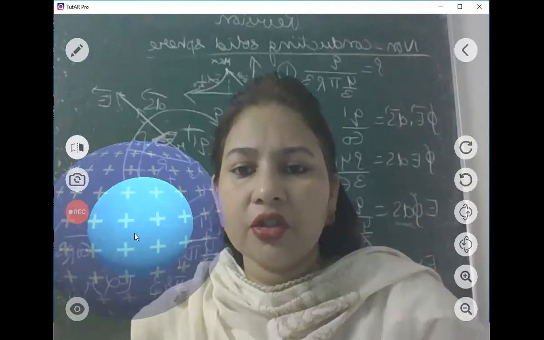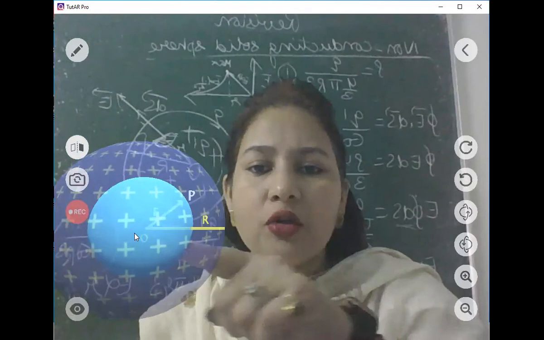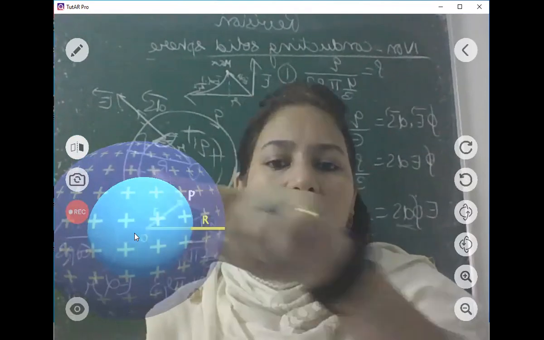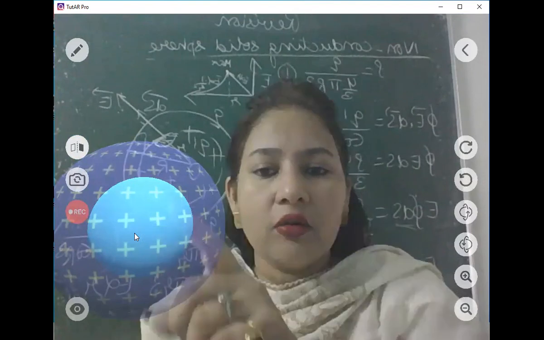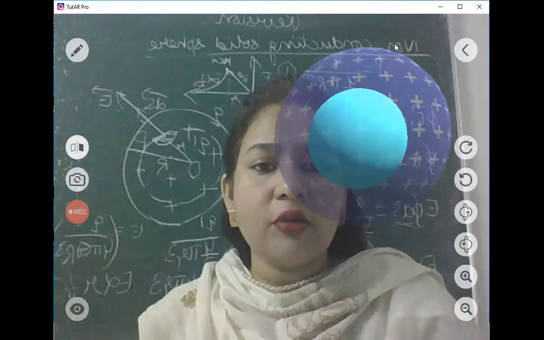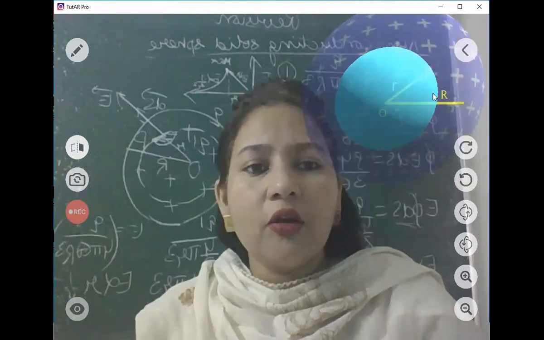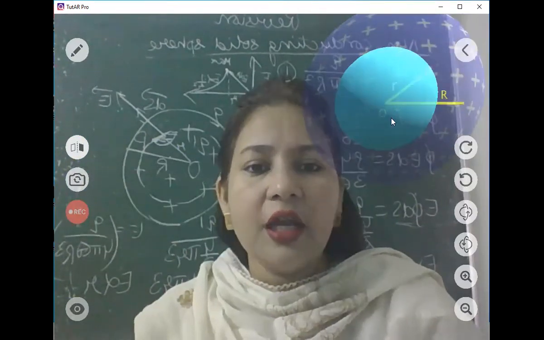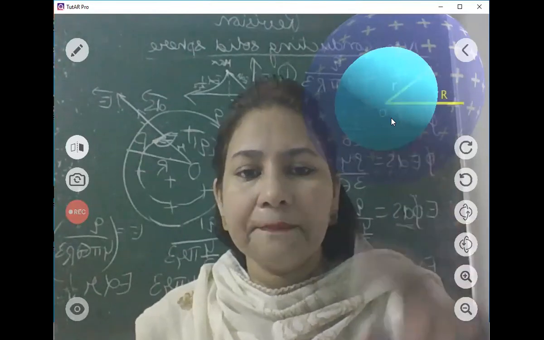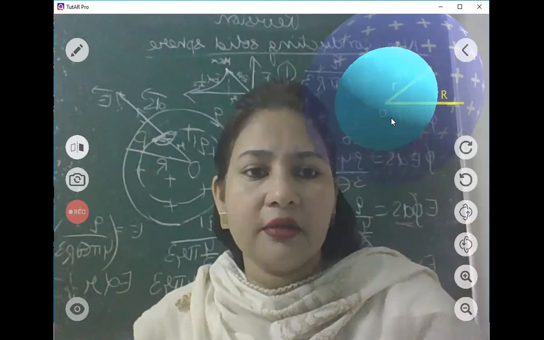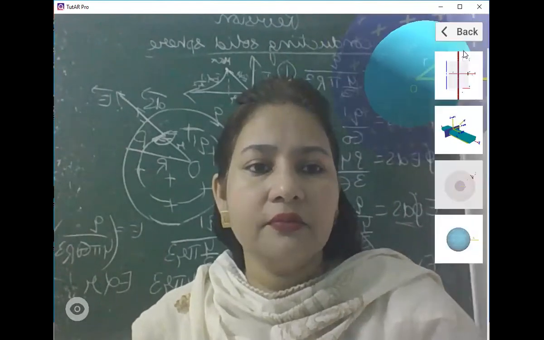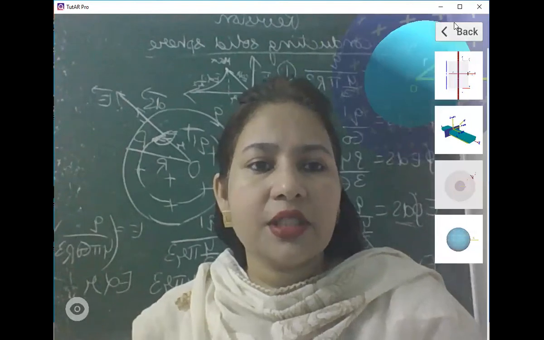So different amount of charge is enclosed by this Gaussian sphere, and different amount of charge is enclosed by whole sphere. Whole sphere, total sphere is enclosing different charge, q amount of charge, and Gaussian sphere of radius small r is enclosing different amount of charge. ठीक है, इस तरह से. Is that clear? So this was just an idea about it.